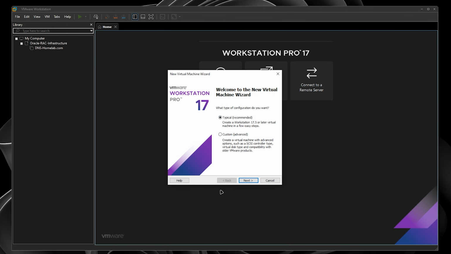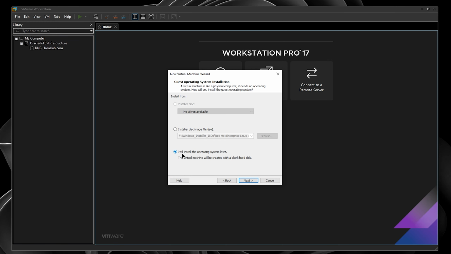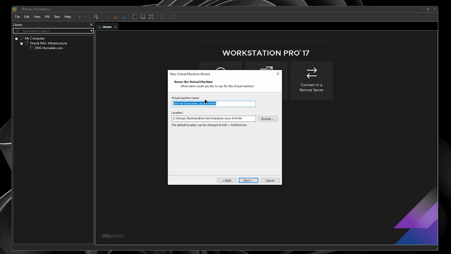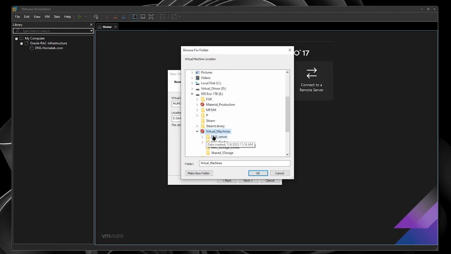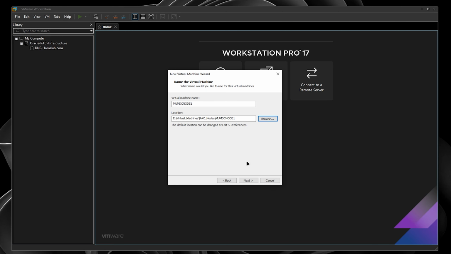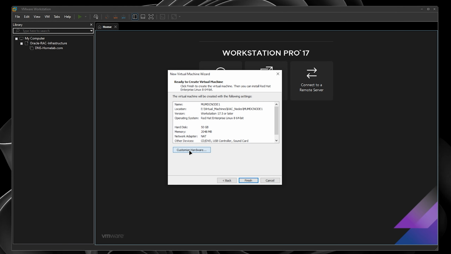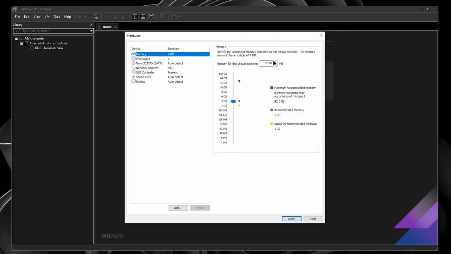So let's create a new virtual machine. Next, and we'll install the operating system later. Our guest operating system will be Linux and version would be Red Hat Enterprise Linux 8 64-bit. Next, let's give it a name. So that would be MUMDC node 1, and let me change its location. Next, I will give it a disk space of 50 GB. Next, customize the hardware. Give it 8 GB of RAM,